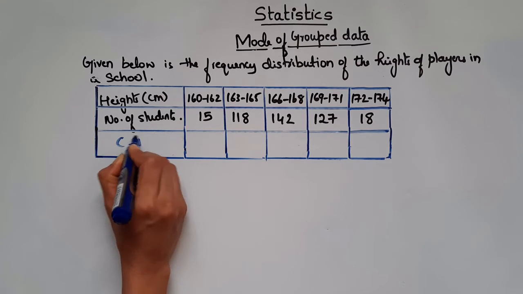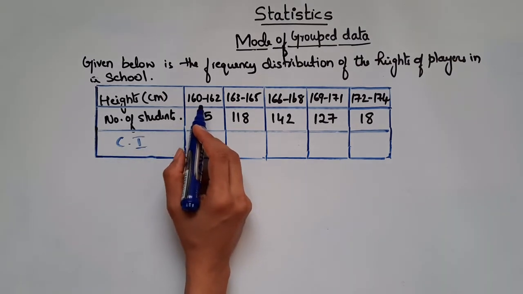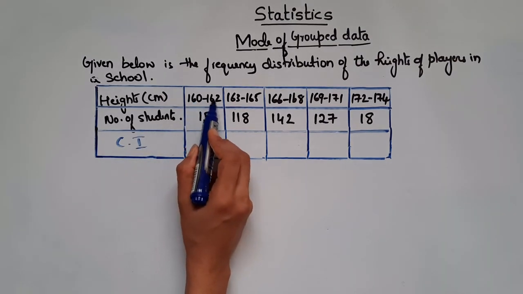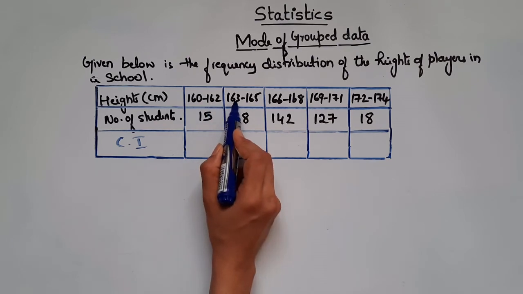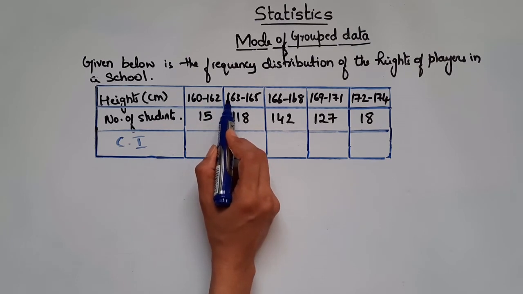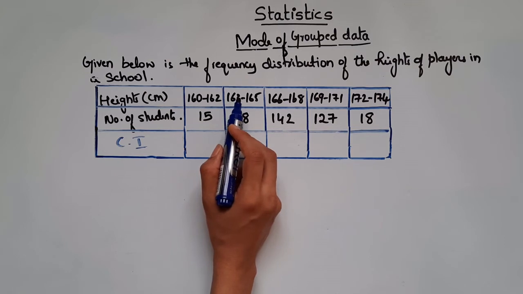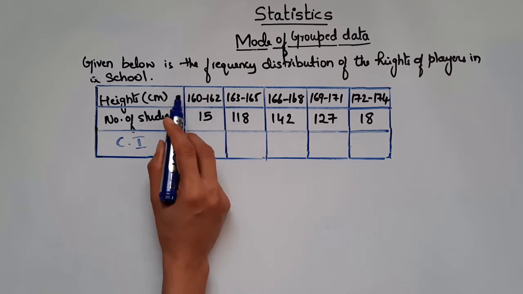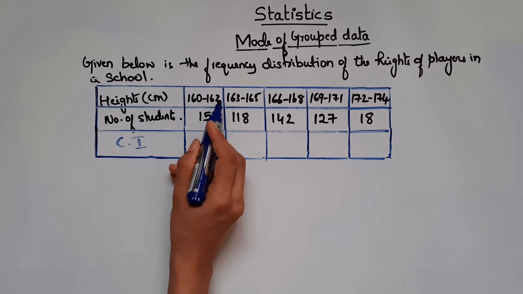So we have class interval. So we know how to convert this to exclusive form. Here if you see, we have 160 to 162. So 163, it should have been 162, right? It has skipped by 1. So 1 you have to equally divide. So 0.5. So you have to subtract 0.5 from the lower limit and add 0.5 to the upper limit.